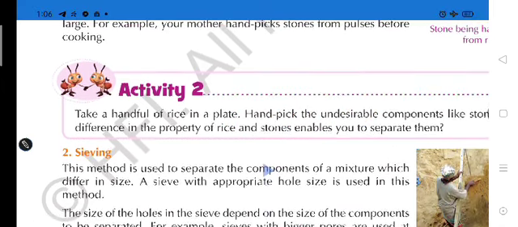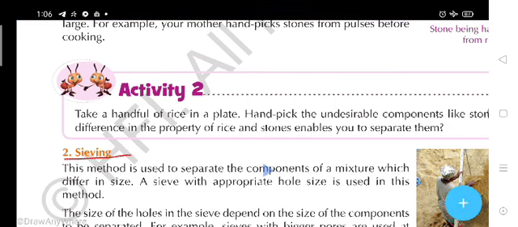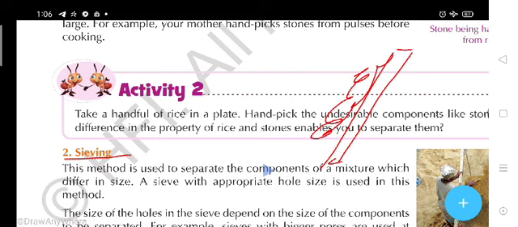Now the next one is the sieving method. What is the sieving method? Simply, students, have you seen construction work in your neighborhood anywhere? There you have seen the gravel being separated by a strainer, in which the undesirable substance is retained on the surface of that strainer, which we can say is a net, and the desirable substances come out on the ground. So this process is called sieving.